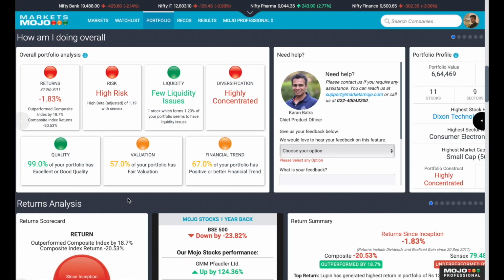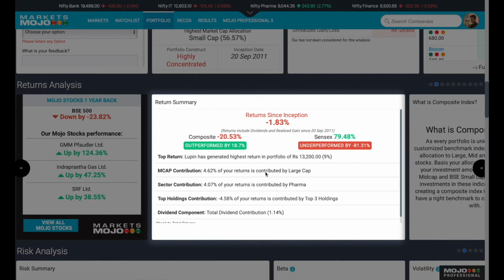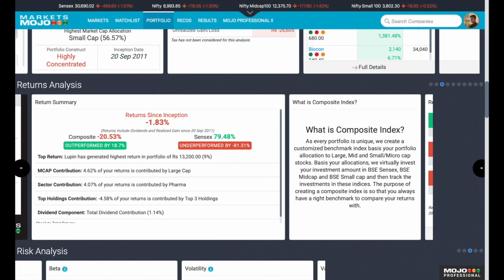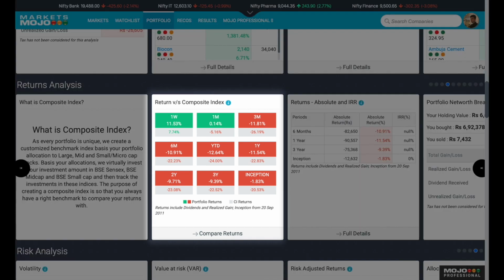Let's start off with returns. As you can see, the portfolio has a negative 1.8% returns since inception. You could also find out which stock, market cap or sector has contributed to your portfolio. Towards the right, we have compared the returns of your portfolio with a composite index to provide you with an